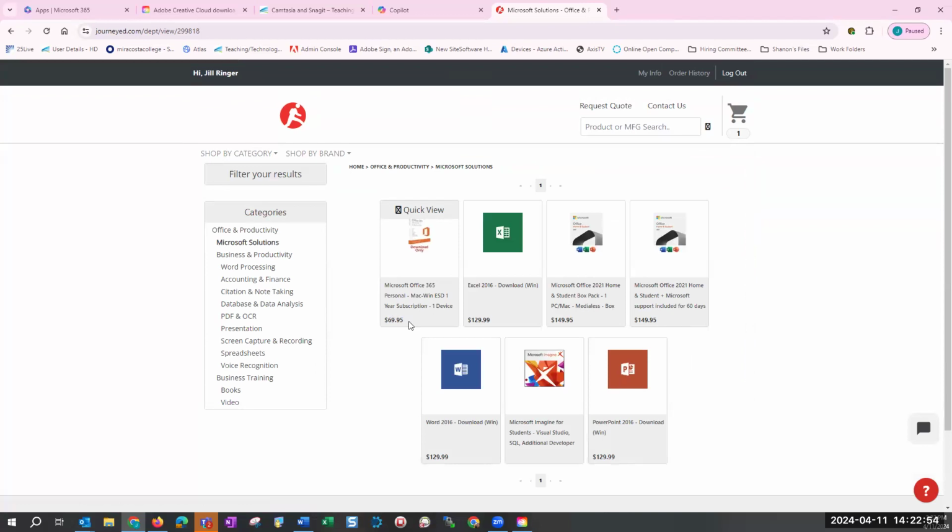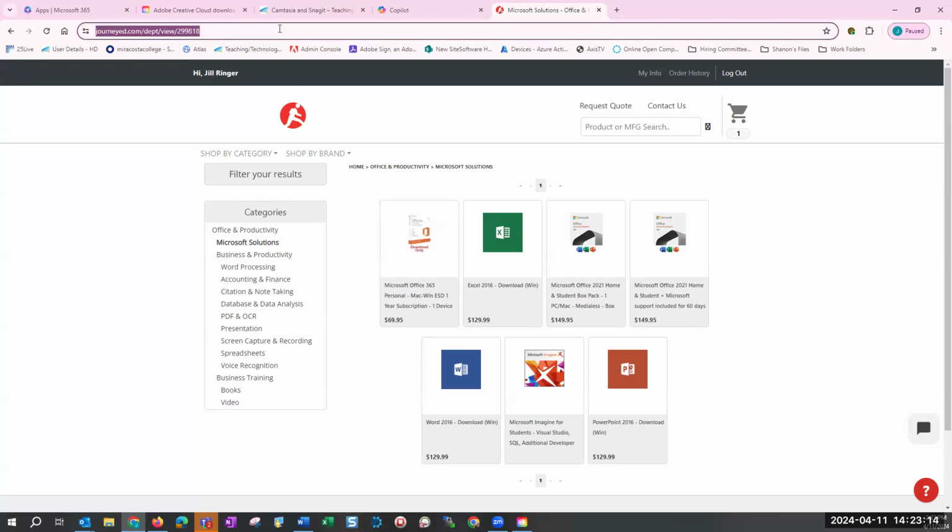So it's like $10 less when you go as an education person. I don't know why they have the different prices. Any questions so far? Awesome. Okay, now let's look at the other one.